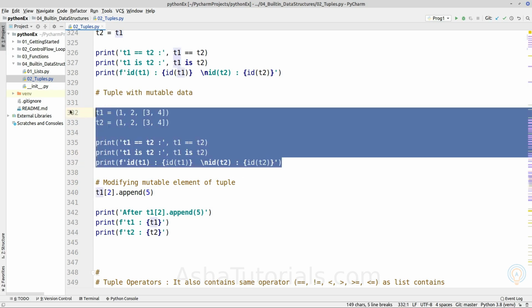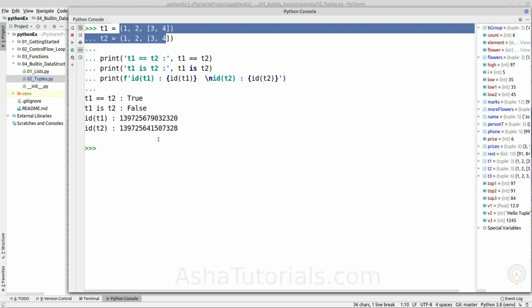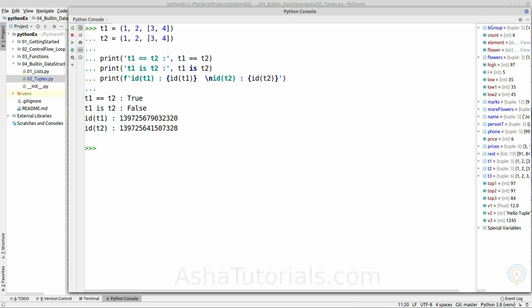So let's execute it. And as you can see here, first we will see the ID. Even though both contain equal values, because it has a mutable data type, it is constructing a different tuple object.